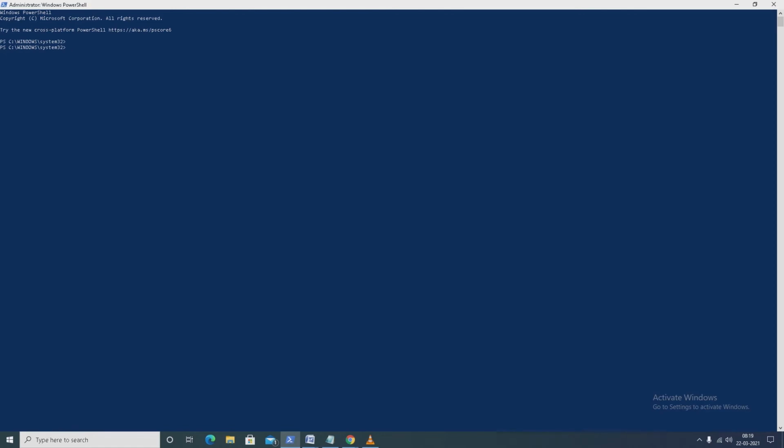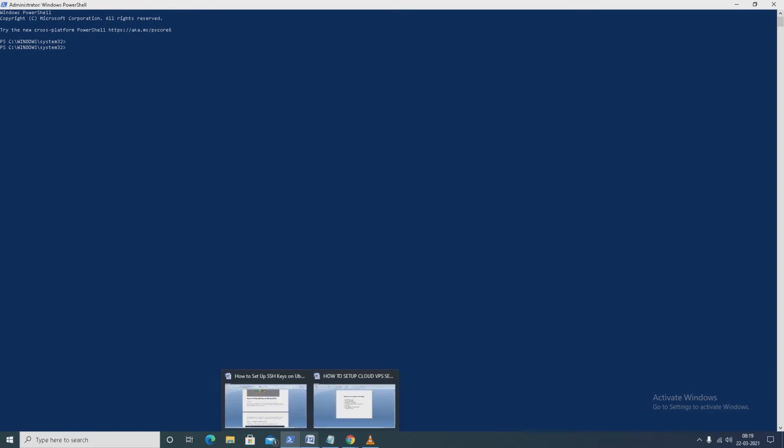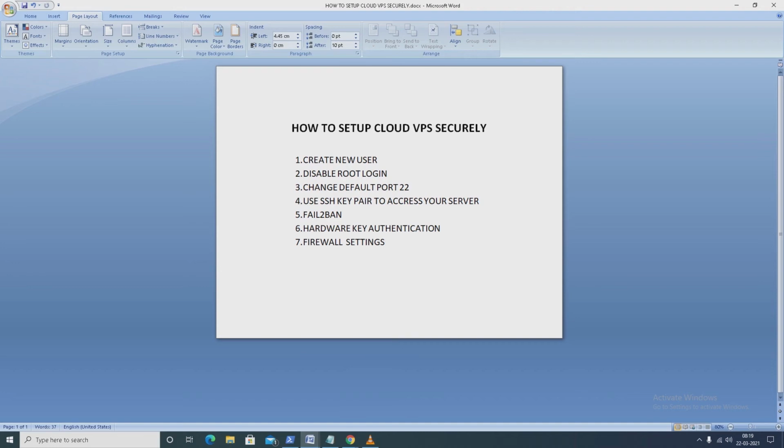To set up the server, first you go to any cloud service provider's website and create a virtual private server. I personally prefer Ubuntu Linux as my preferred operating system. So after creating the server,